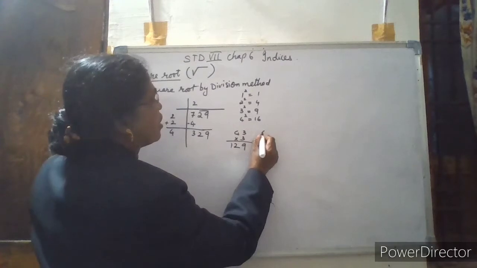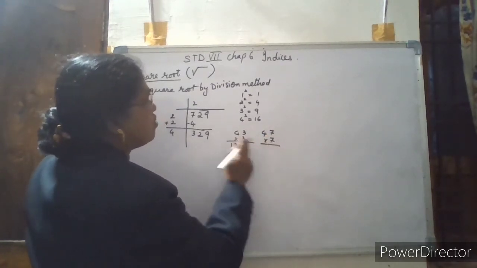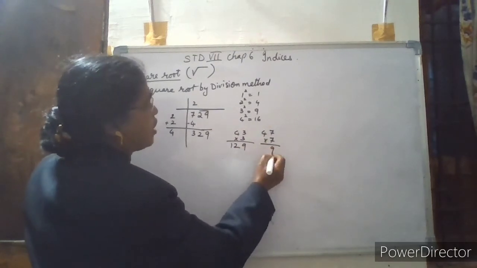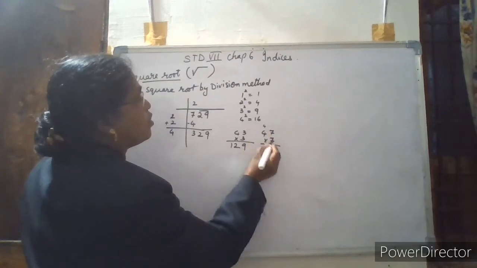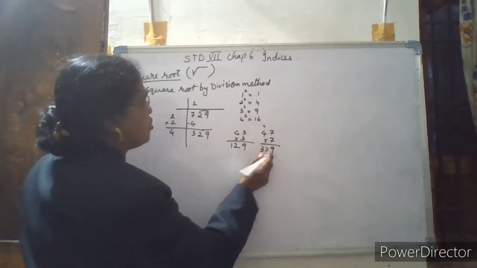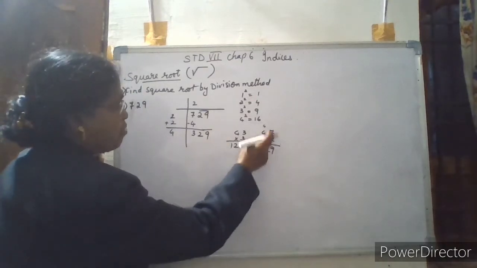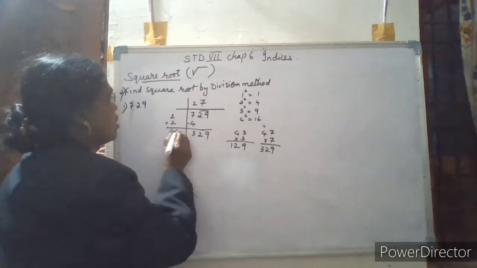So let us take any other number. 7 I will take, because see, 3 3s are 9, 7 7s are 49. I got the last digit 49. 7 7s are 49, carry 4. 7 4s are 28, 29, 30, 31, 32. I got the same number. So that means by taking 7 I got the same number. So 7 I will write here. Here also I will write 7, and plus 7, the same number.